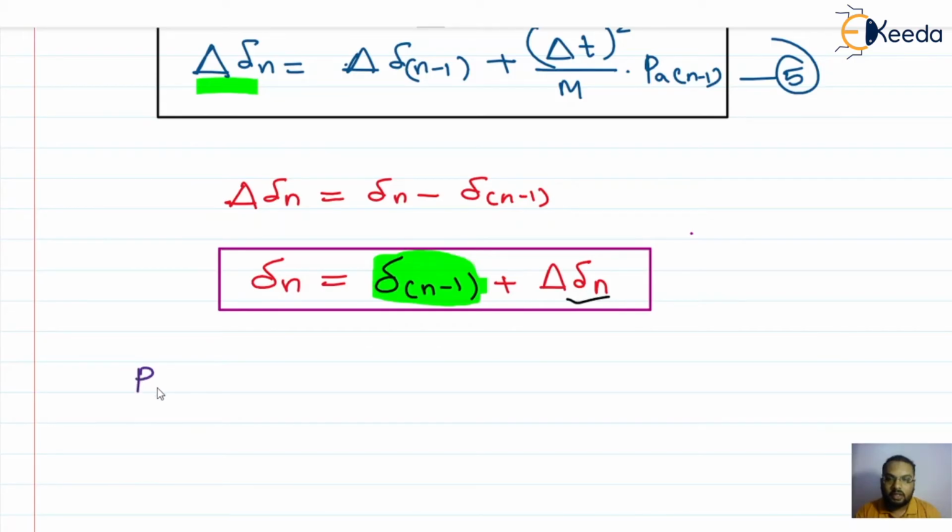Suppose for the next interval, if I consider the accelerating power for the nth interval, it will give me the change in the rotor angle in the n plus 1th interval, and from this I will get the value of the rotor angle at this interval. Correspondingly, from the graph, we can get the time in that n plus 1th interval, and accordingly we can decide. If this value is approaching the critical value, then we can treat that time period as the critical